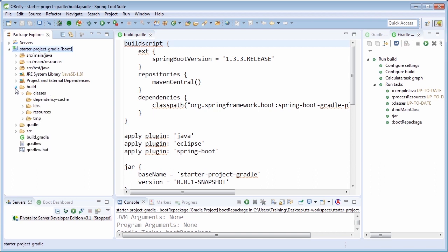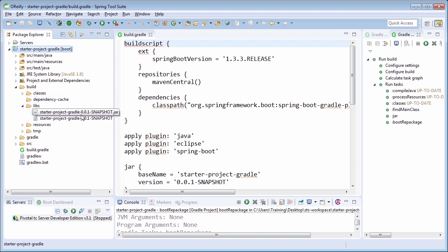And within the build directory, you will see a starter-project-gradle jar file. Now you'll see the snapshot versioning information also on that jar file. But this was the executable jar file that was constructed by the boot repackage task within the Spring Boot Gradle